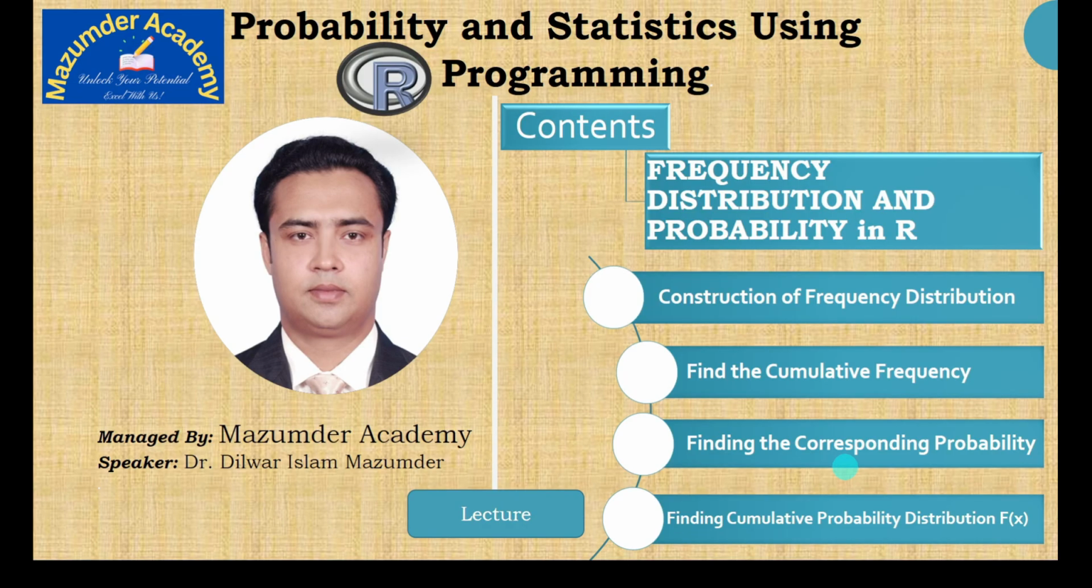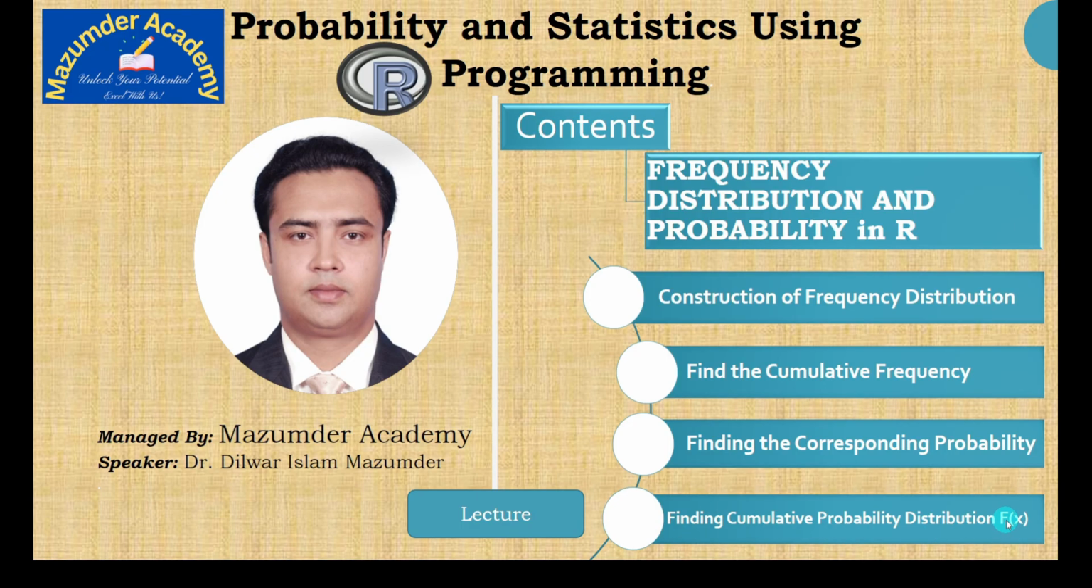Hello everyone. Today in this session we will see how we can construct a frequency distribution for a given data set in R. First of all, for raw data we will see how to construct the frequency distribution table. Then we will see how we can find the cumulative frequency. Then we will find the corresponding probability value for each data in this distribution, and then finally find the cumulative probability